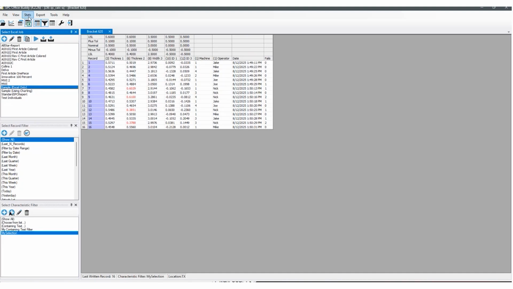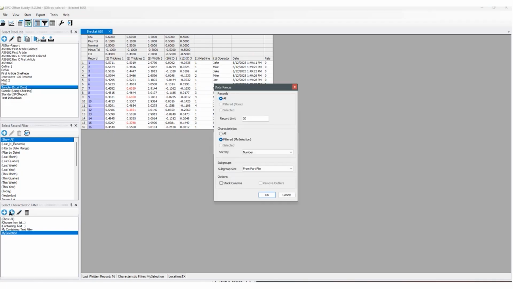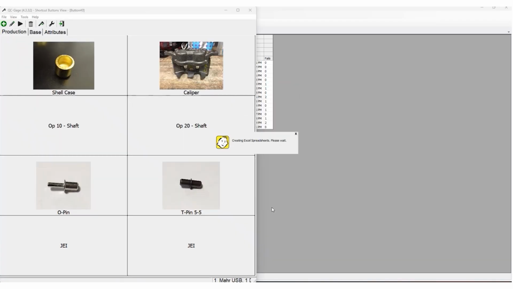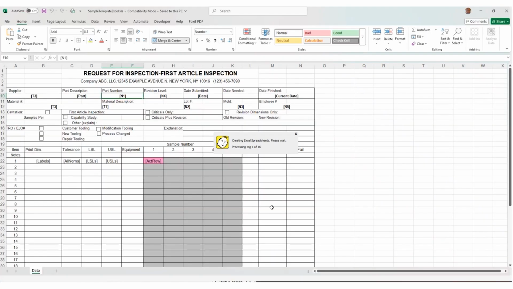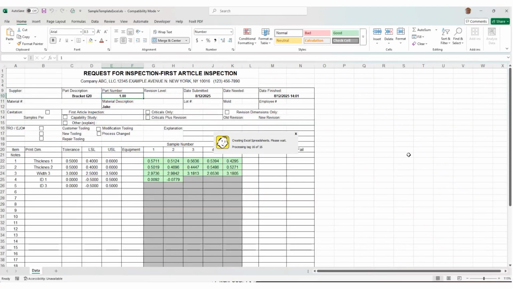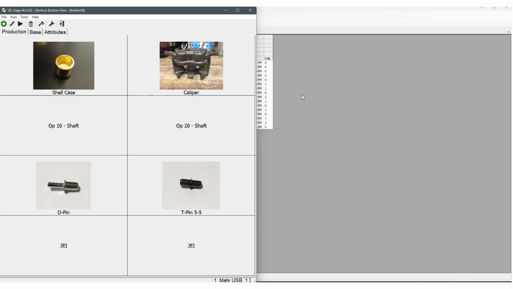And so I will pick this one right here. And I'll say filter my selection in the all records. Yep. What this is going to do is open up Excel for me and automatically fill out the Excel spreadsheet just like that with that data. The spreadsheet's never seen this data before. We just collected it for the first time, and it fills it in perfectly. So that's a really good quick look at our